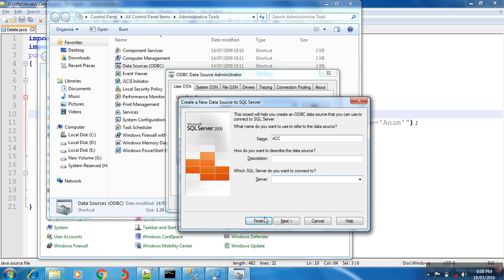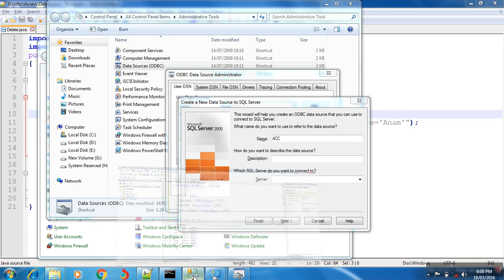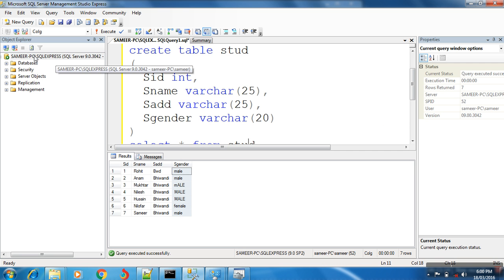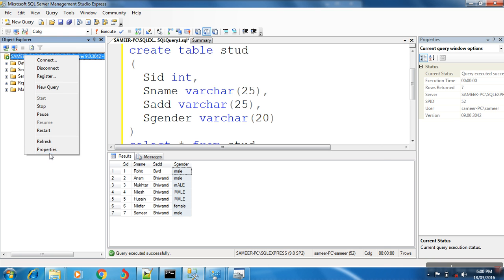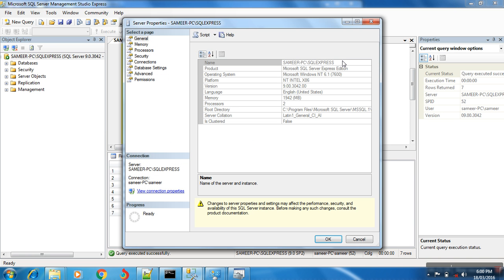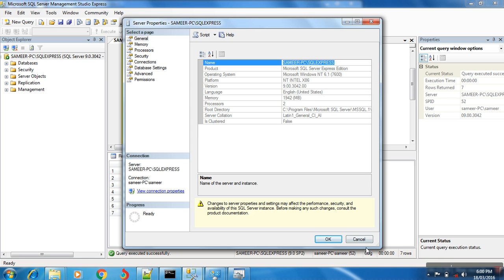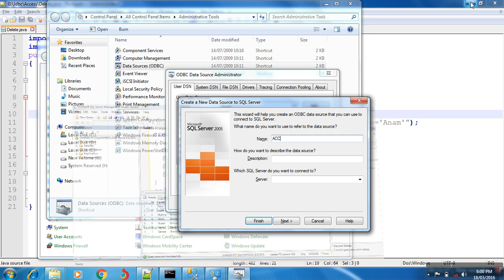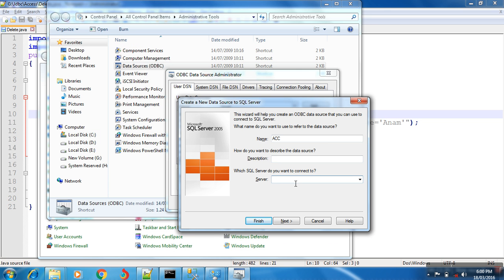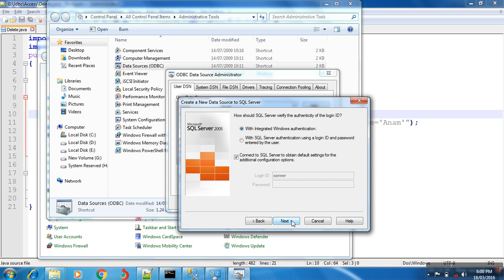Server name is also required. Without the server name you cannot click on the next or finish button. First copy the server name from here, then cancel, minimize this, click here and paste the server name and click on next.